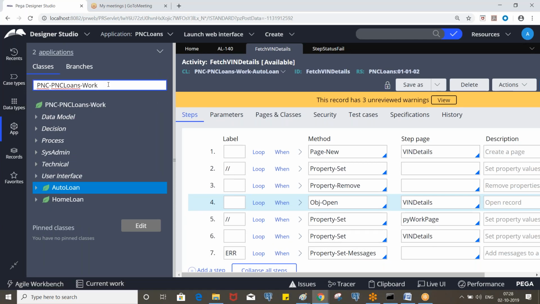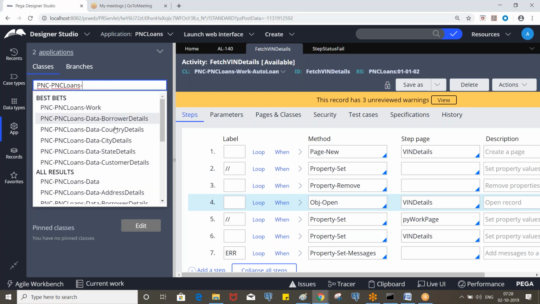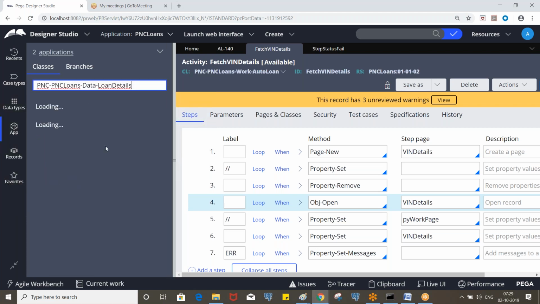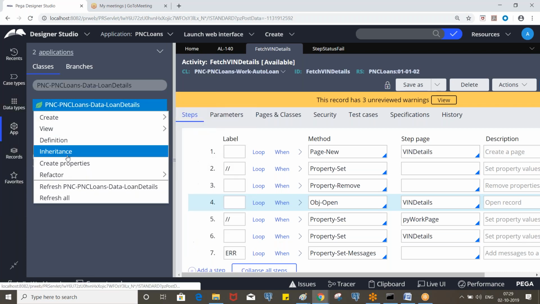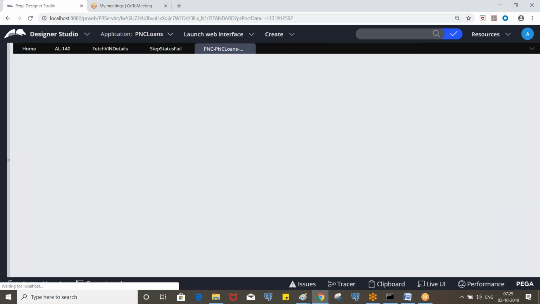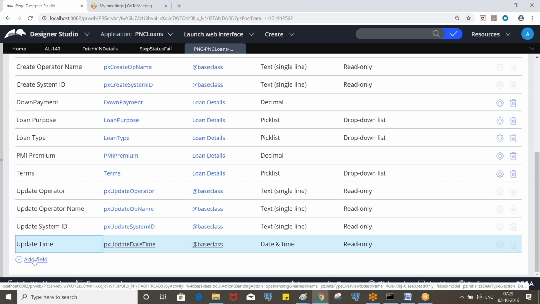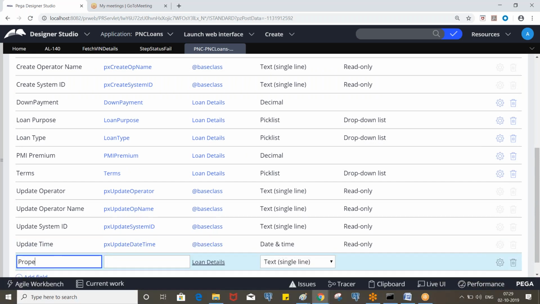So how do we create it? Go to the loan details and create a property called property type.